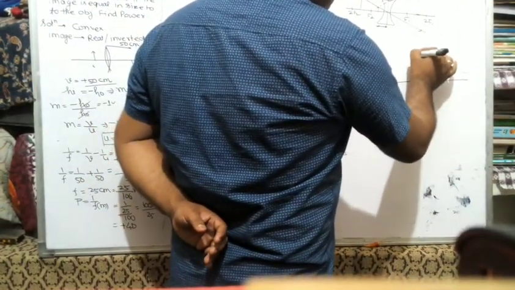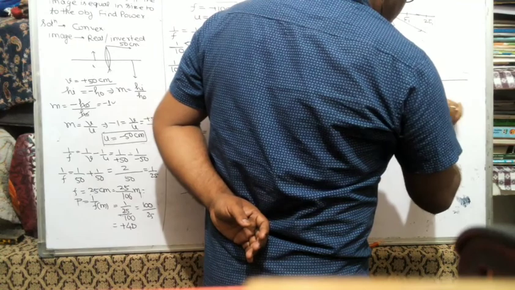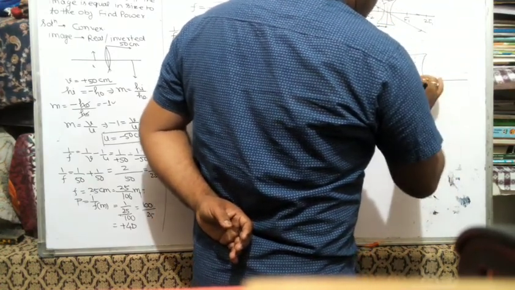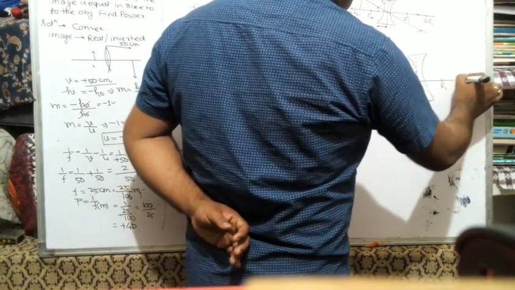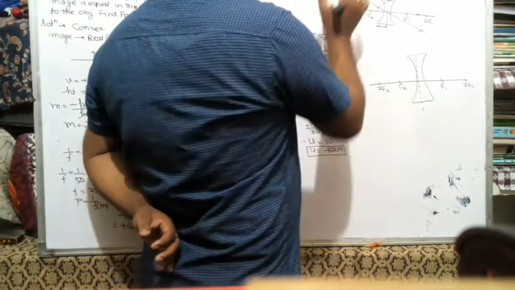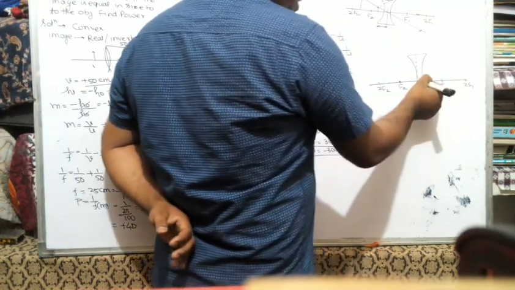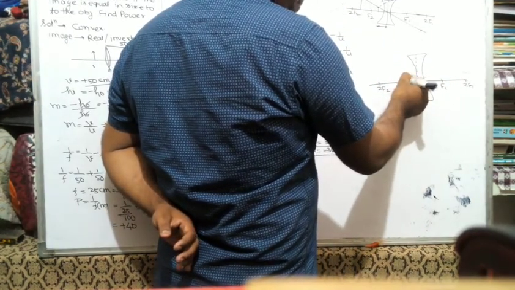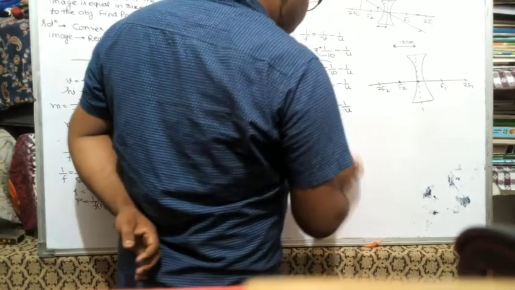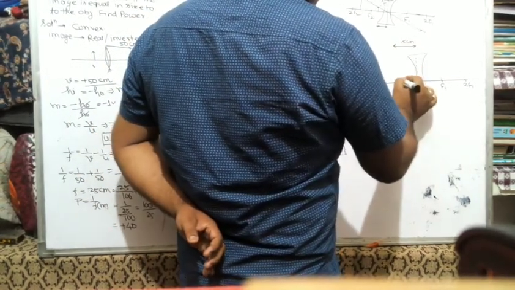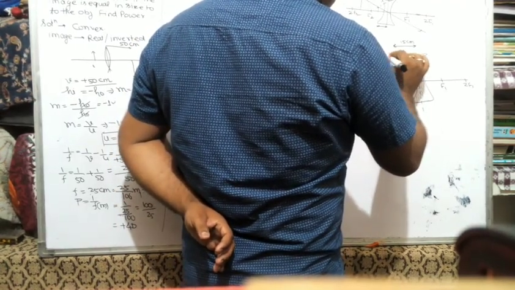First principal axis. Then concave lens. Here is f2, 2f2, f1, 2f1. Focus is 15 centimeter. So from here to here it is 15 centimeter. From here to here it is 15 centimeter. Object is at 30 centimeter. It means 15 and a double is 30. So object is at this point. This distance is 30 centimeter.